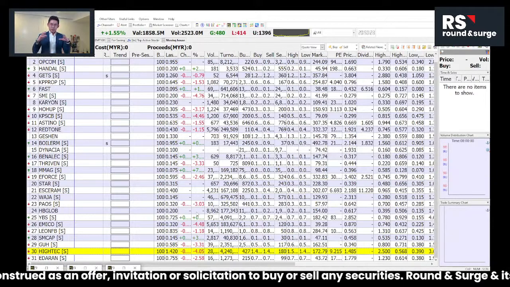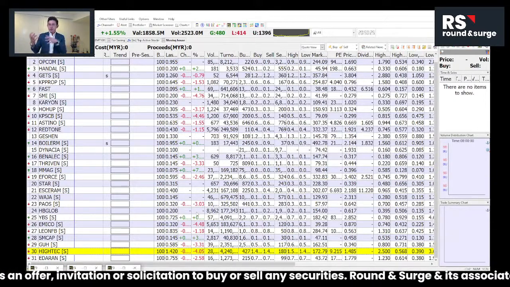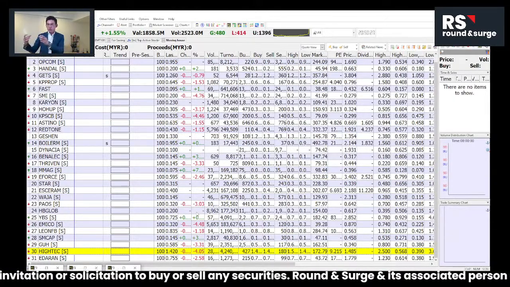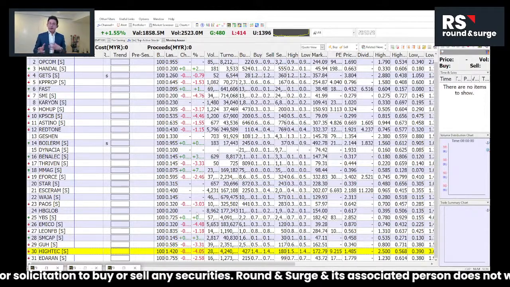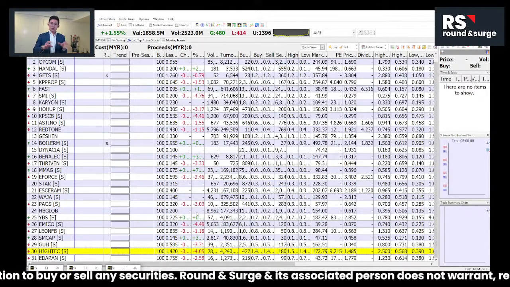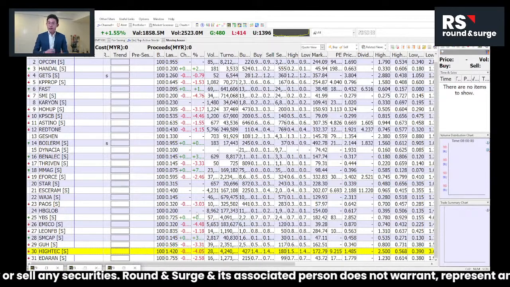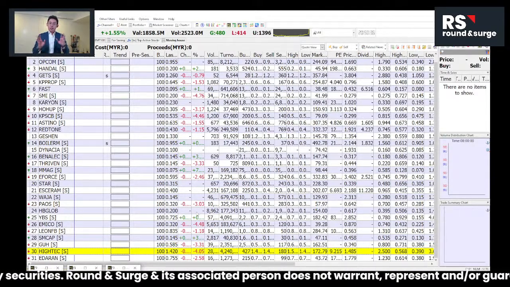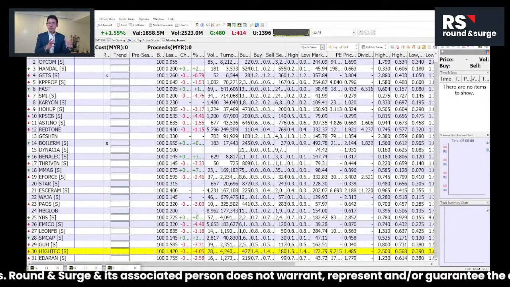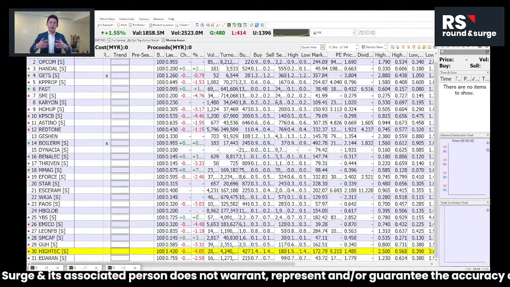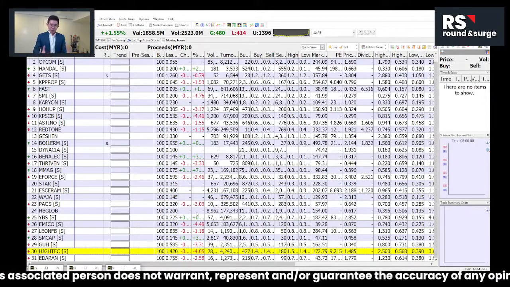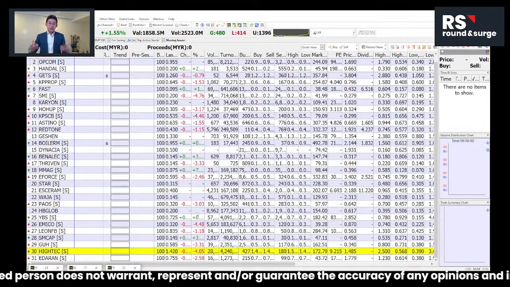Okay, if you hear the keywords I use, like accumulation, markup, distribution, markdown, it's a bit like the Wyckoff method, which uses price and volume and also tape reading. Yes, I actually read through the Wyckoff method. I had the idea of following the big boys, and then I read the Wyckoff method and found that it's almost the same.